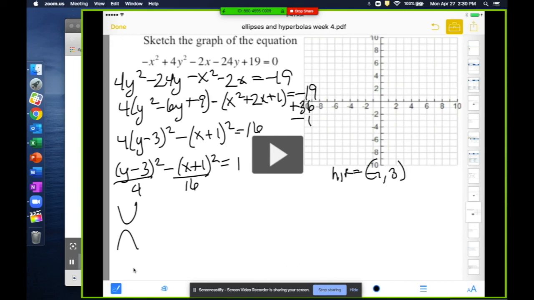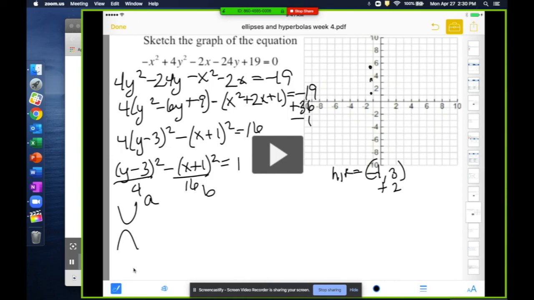I know my center is going to be (-1, 3) from the equation, and then I know my a value, or a squared, is going to be 4, so that means a is 2, and then b squared is 16, which means b is going to be 4. Now, to get my vertices, I take that a value and I add it to my k,